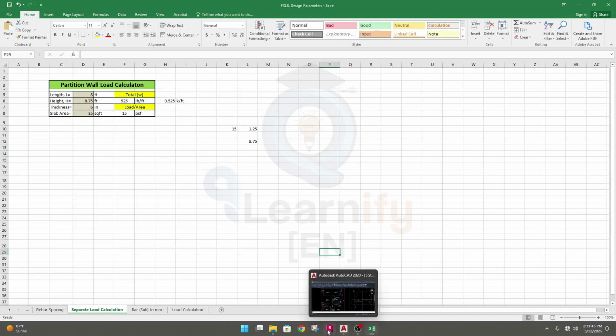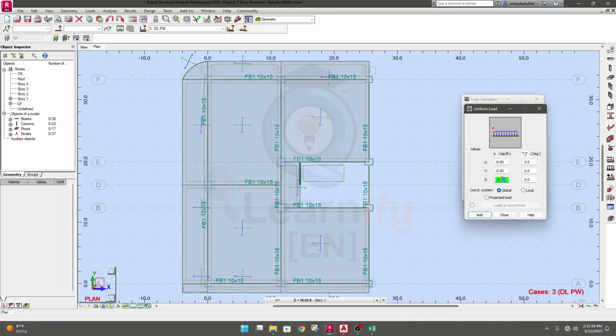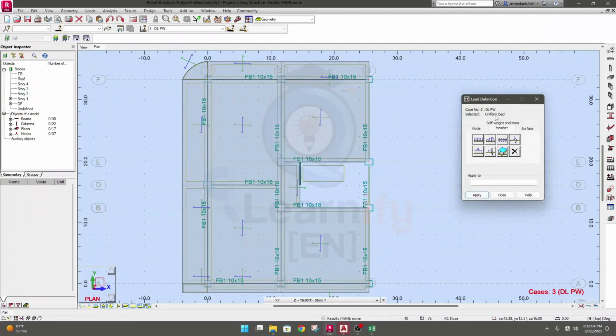Okay, so I'll go here, partition wall, dead load partition wall. Now I'll go here, member load, click here, 525 minus 525, then click add, and you can see selected type is uniform load over dead load partition wall. So I'll click apply here on that beam, very carefully do it on that beam, and on that beam we have load here